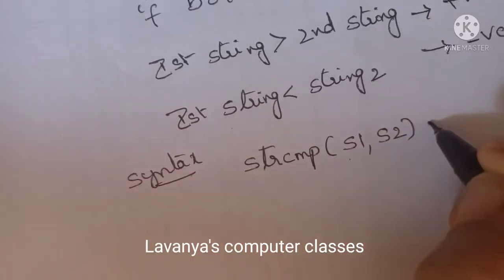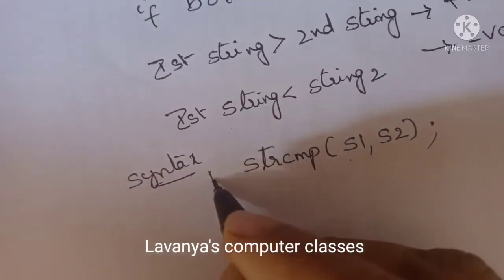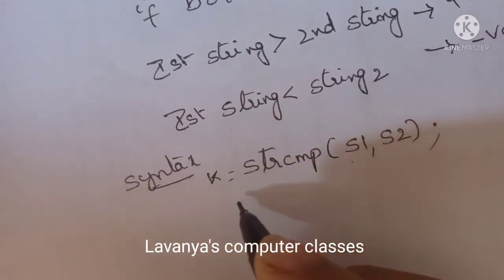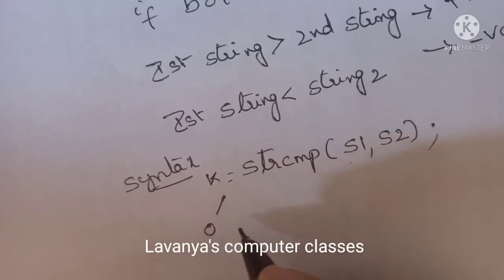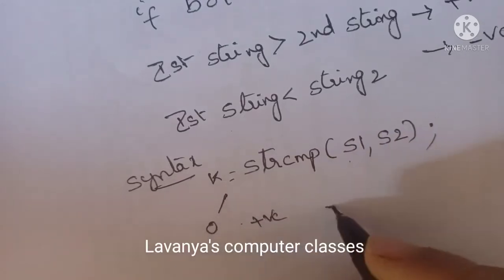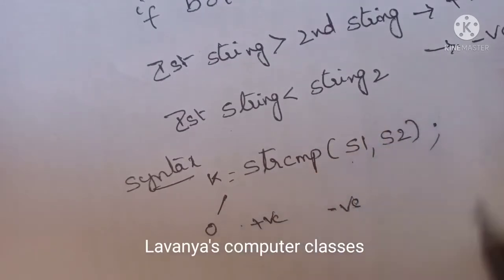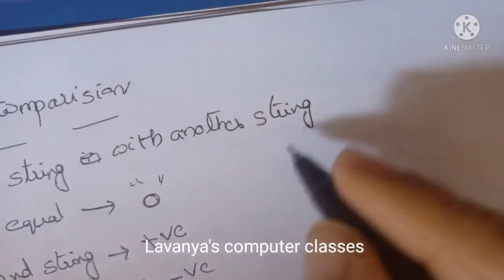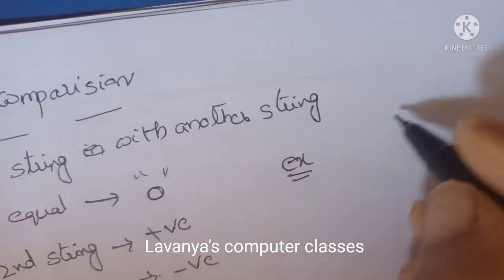Two parameters we require, s1 comma s2 semicolon. If both the strings are equal, then only k equal to zero is assigned to variable k. The k value can be 0, positive or negative. K value 0 means both are equal,